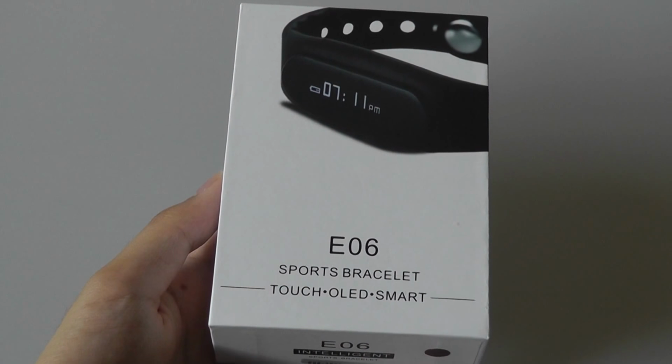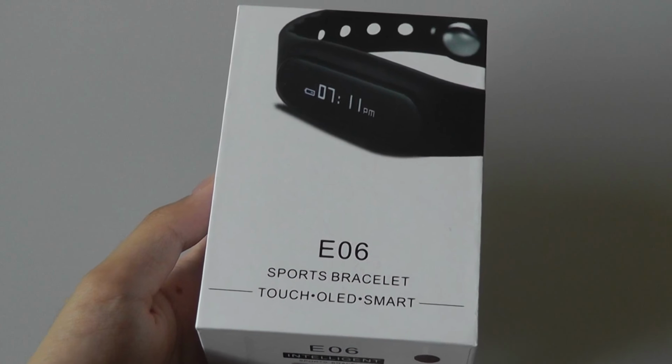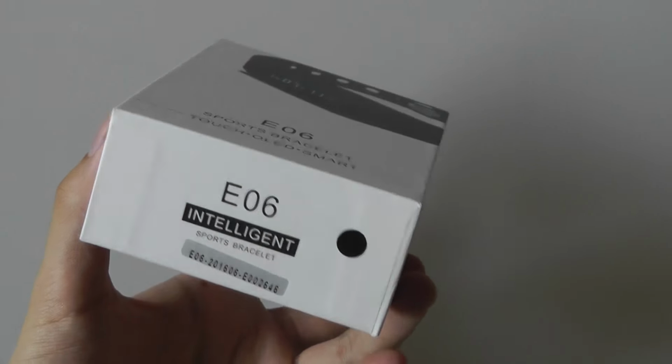You're watching our video first look and a quick review of the E06 Sports Bracelet. This is a smart fitness tracker which sells on Amazon for about 35 bucks, so it's not too inexpensive. And what's unique about this is for a generic product that's based in Shenzhen, China, this definitely improves upon previous